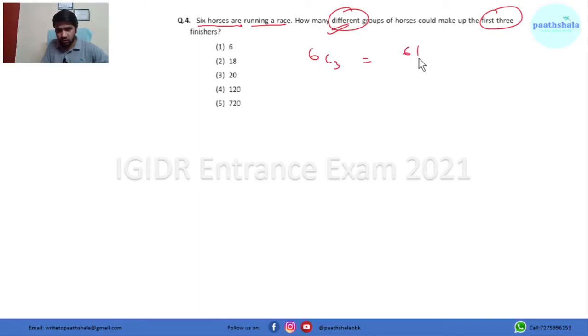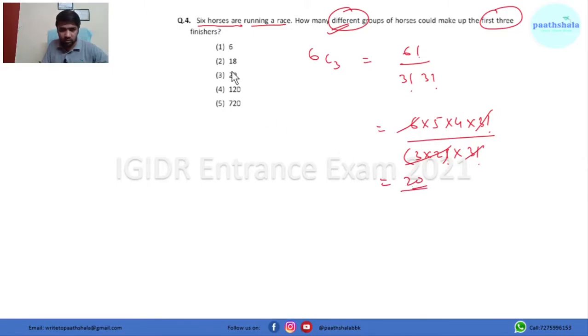If we solve it, it will come out to be factorial 6 over factorial 3 times factorial 6 minus 3, that is factorial 3. So we'll solve it further. This comes out to be 6 into 5 into 4 into factorial 3, and let me explain this factorial: factorial 3 will come out to be 3 into 2 into 1, and this is factorial 3. So factorial 3 and factorial 3 get cancelled, and 3 into 2 cancels the 6. So 5 fours are 20. That will be our answer. So option 3 is the right option. Now let's move to the next question.